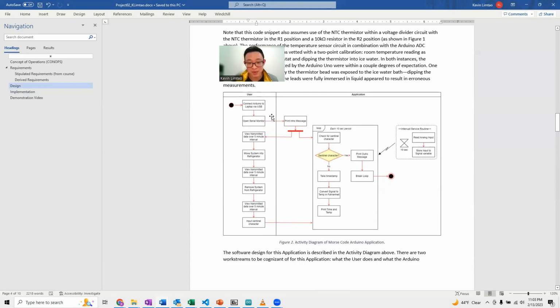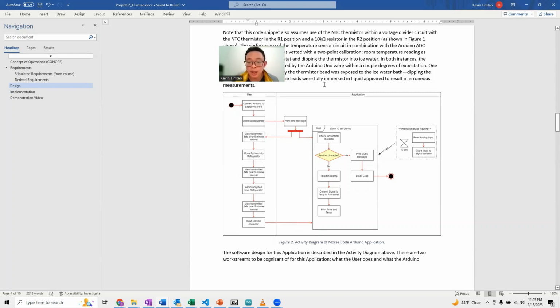In my case, I'm going to be connecting the Arduino to my laptop, open up a serial monitor. That's going to help me start to observe the measurements coming on through the serial bus that I have. I'm going to be completely in charge of moving the system between the room environment and the fridge and back to the room environment in 5-minute intervals. That's totally on me. And it's also on me to input the Sentinel character to break the round robin loop and get the system into